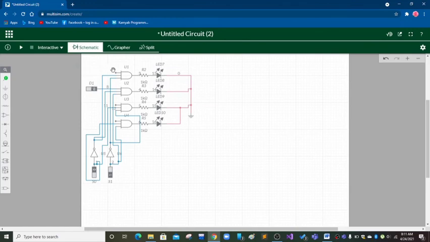So let's suppose we have only one digital constant. This is the only one digital constant we have here. Now we are checking this.